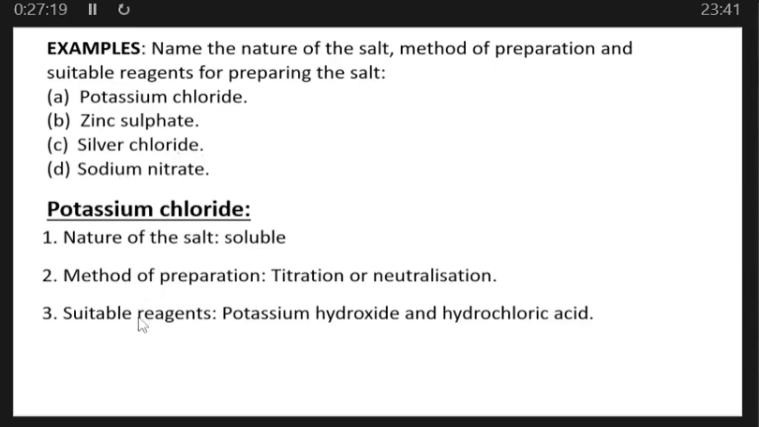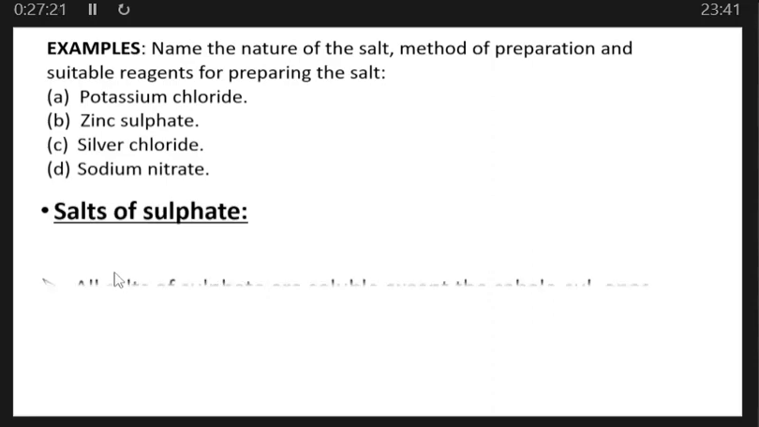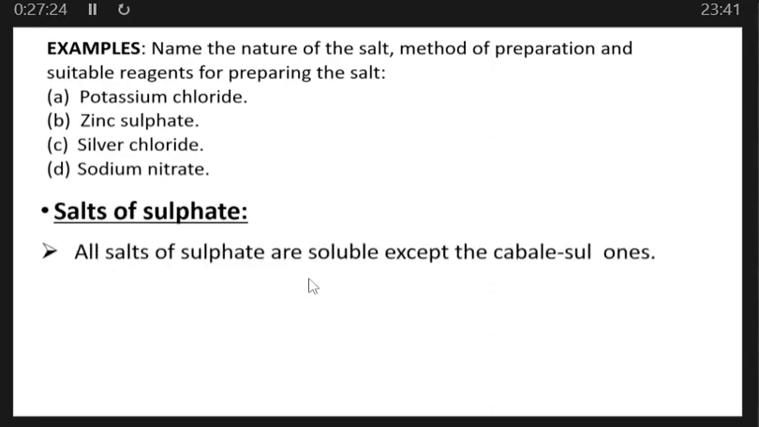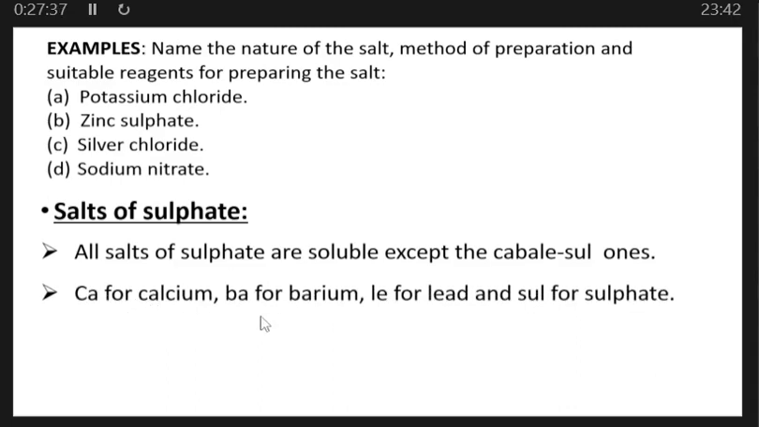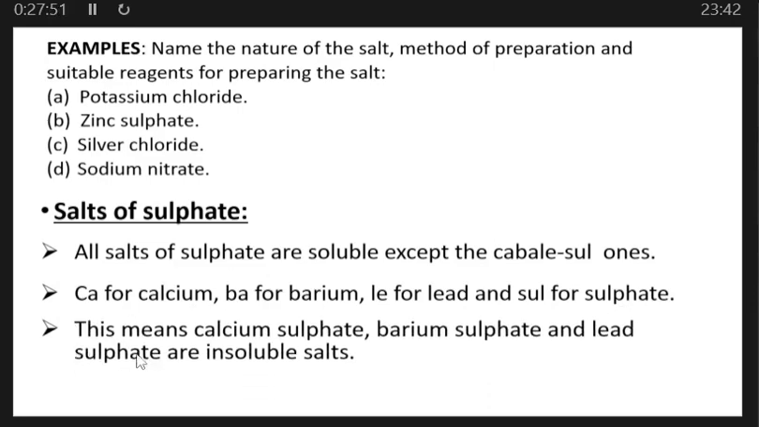So what did we say about sulfates? We said all sulfates are soluble except the CaBaLeSu ones. So the CaBaLeSu ones are insoluble, but the rest are soluble. For these, we said Ca for calcium, Ba for barium, Le for lead, and Su for sulfate. That's what we said. And we also said that this means calcium sulfate, barium sulfate, and lead sulfate are insoluble